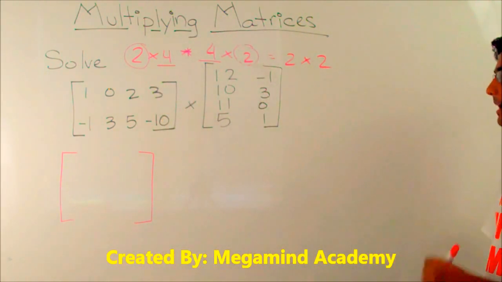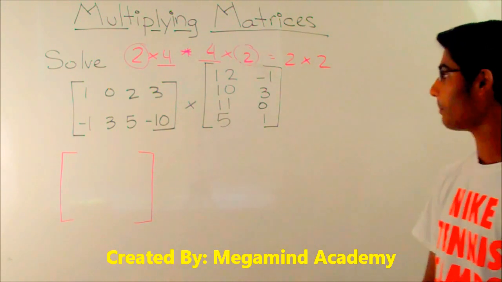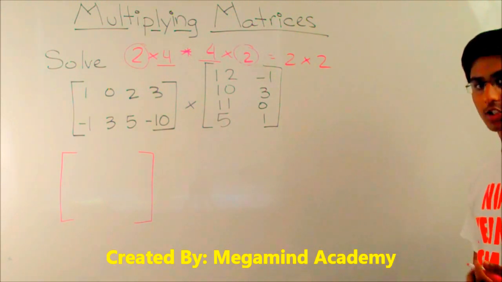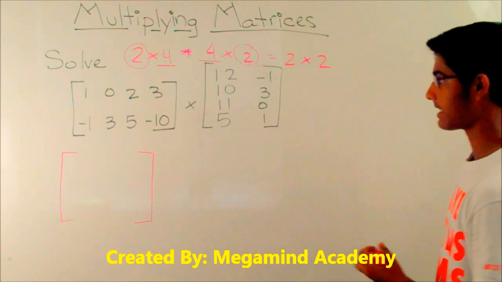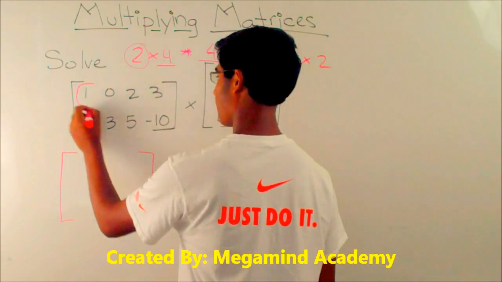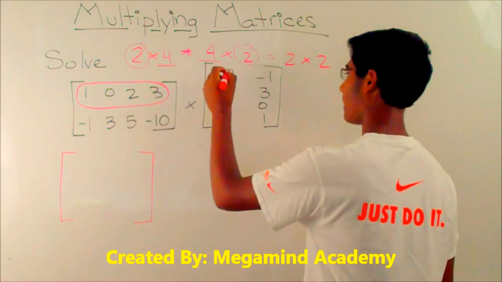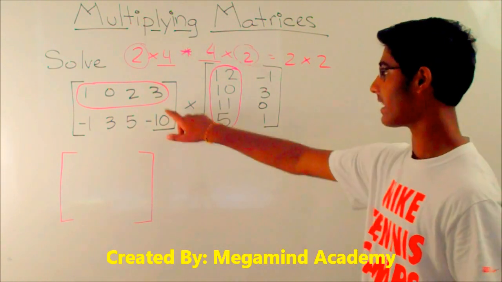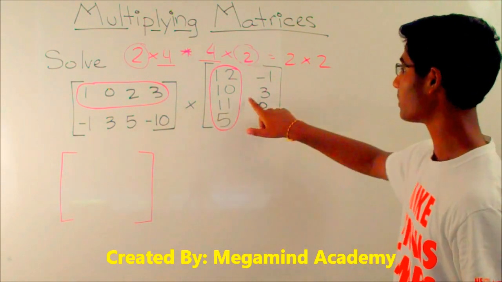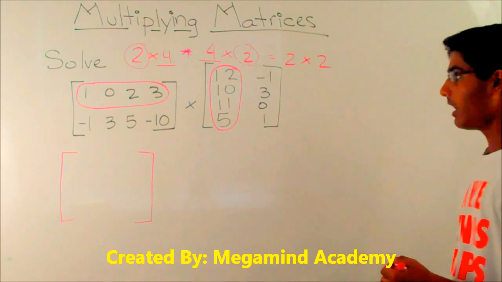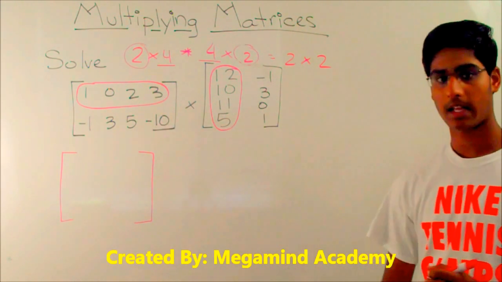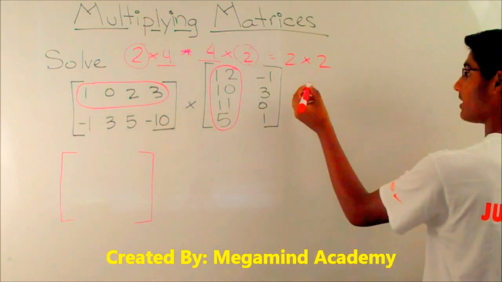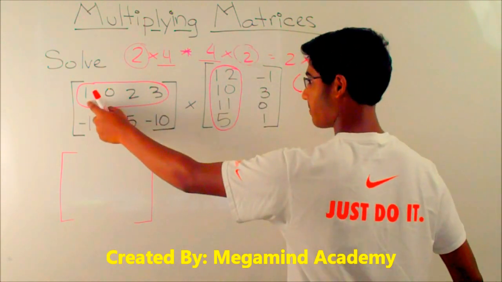But how do we multiply matrices? Well, it's a little more complicated than just multiplying some terms with each other. You have to do something called a dot product. What that means is we take these terms and multiply them with this column. That's why it's essential that the number of columns here equals the number of rows here. We multiply them in a special way, which is a dot product: this first term multiplies with the